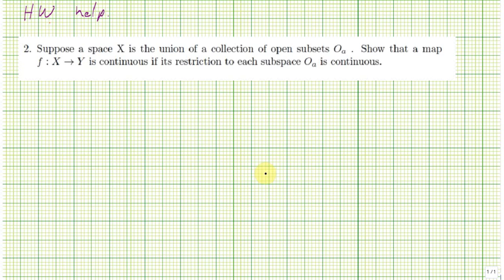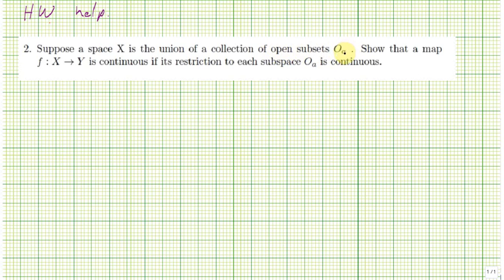Okay, so the second part, part 3 of the homework, was also leading to some questions. So let me talk about it a little bit, although I think I'll be briefer here than I was for the other homework problem. So it says, suppose a space X is a union of a collection of open subsets,